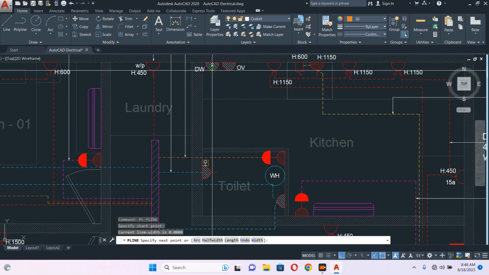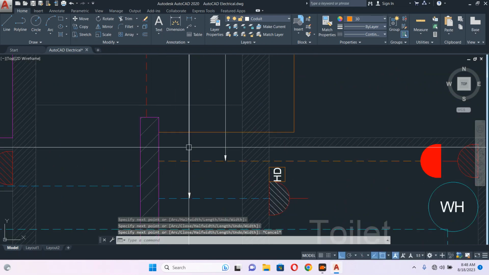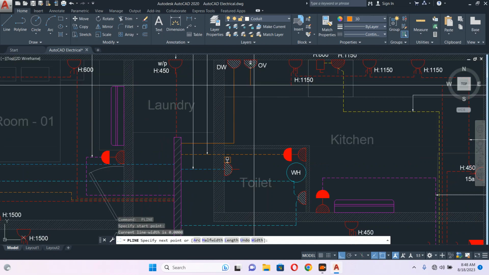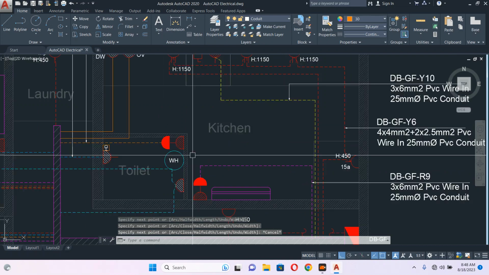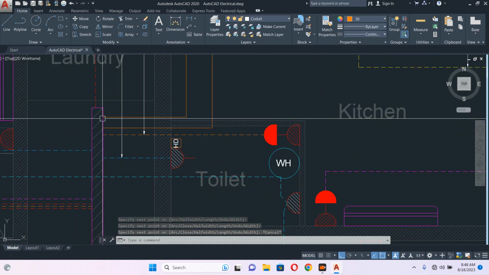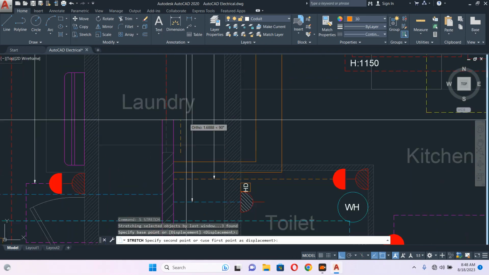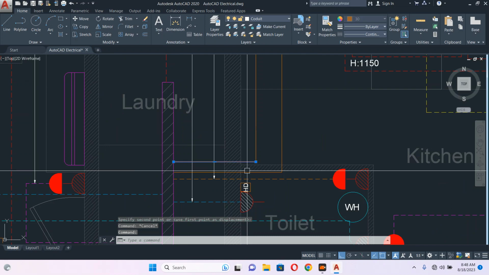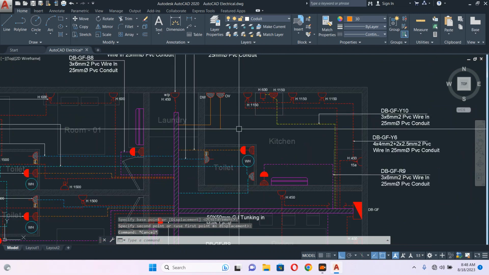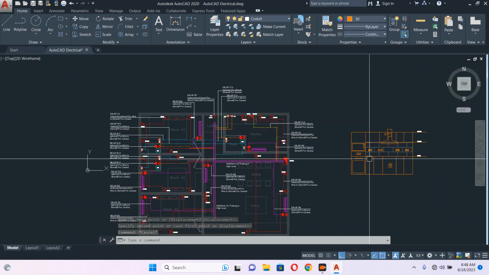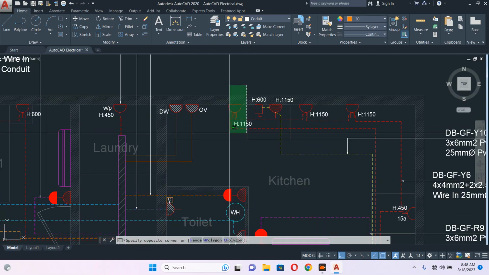Polyline, right. Another one. See, here I am going above the wall, so no problem, this is understandable. It should reach the trunking, that's all the concept. Anyway, still I am moving this one. And there are sockets I used already there. So there are 2 DP switches. I will move this one a little bit